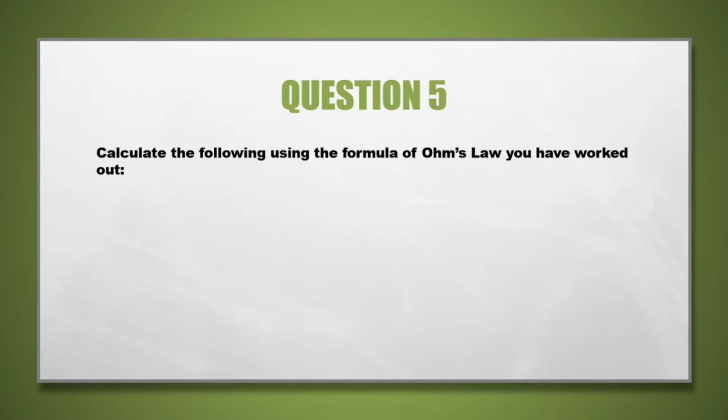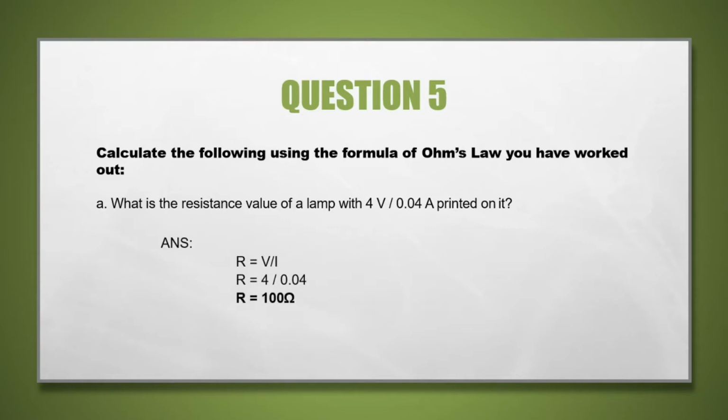The last question is question 5. Calculate the following using the formula of Ohm's law you have worked out. A. What is the resistance value of a lamp with 4 volt at 0.04 ampere printed on it? The answer: we use the Ohm's law, where V equals IR, and the question asks for the resistance, so R equals V over I. V is 4 over 0.04